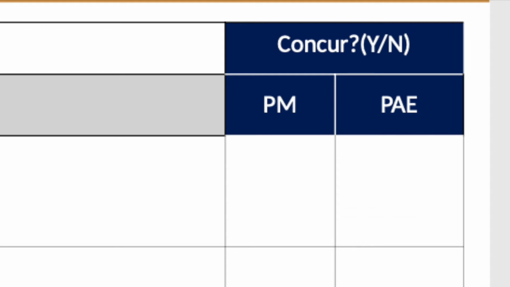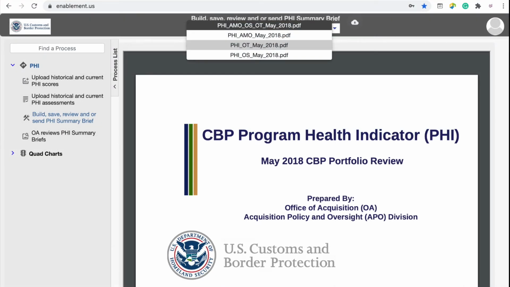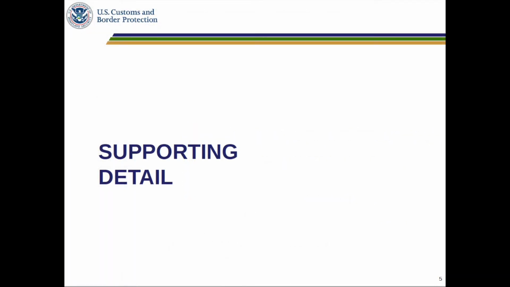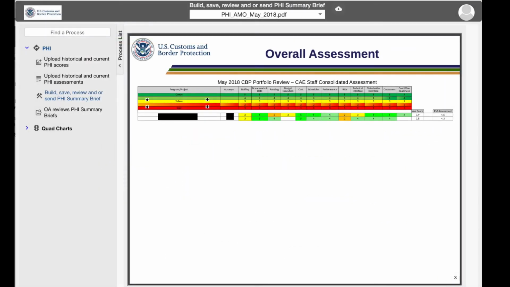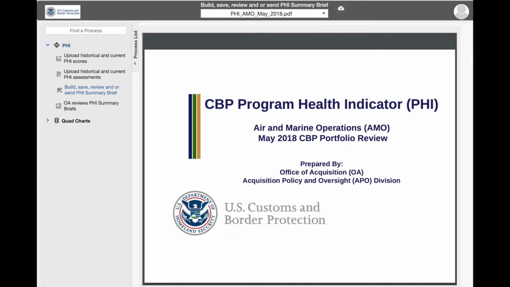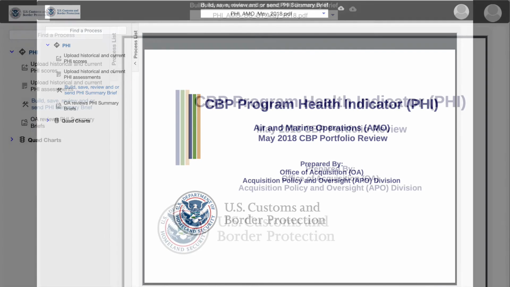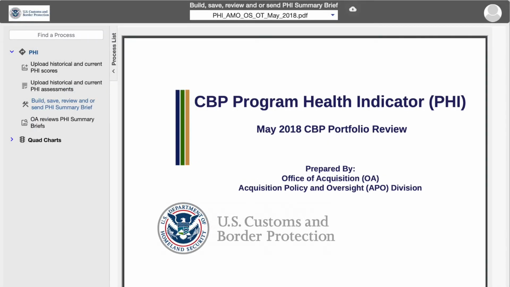When the user clicks on Get PHI Summary, the dashboard displays a list of PHI briefs. The dashboard's AI automatically segregates the programs for each PAE office and builds a separate deck for each PAE office whose programs are included in the PHI summary brief. The supporting slide includes only scores of programs under the particular PAE office. A customized cover page with appropriate page numbering is provided in a deck for that office. The dashboard also provides a master deck to authorize members of the OA and senior leadership.